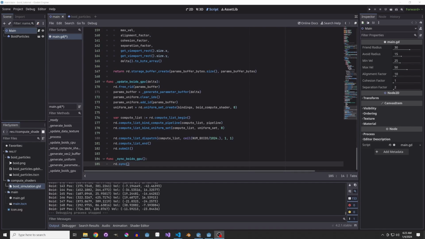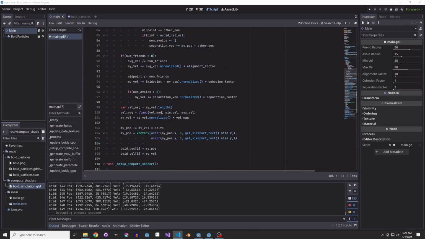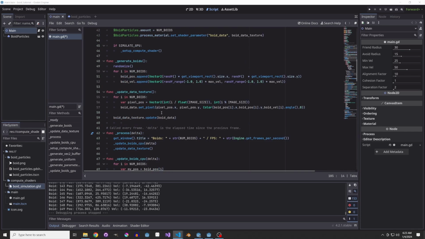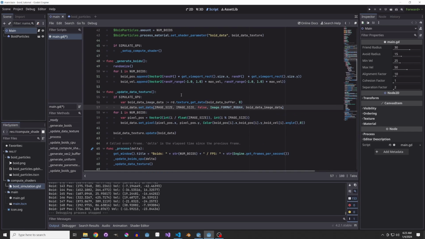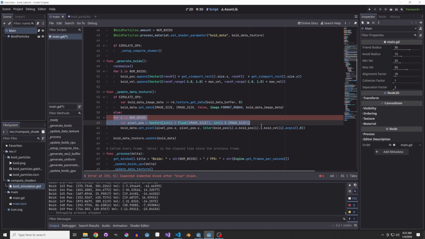Now we need to set up the function to get the data back from the compute shader and put it into that texture that will be used by the particle shader. So we're going to go up to our update data texture and add a new path for that to happen. So again, if we're simulating GPU, we're going to do it this way. From the rendering device, we're going to call it texture get data. We're going to get that Boid data buffer, and then we're going to use set data to set that on the Boid data